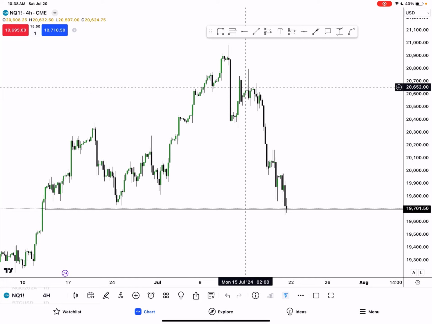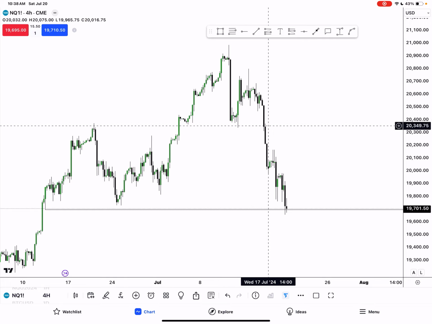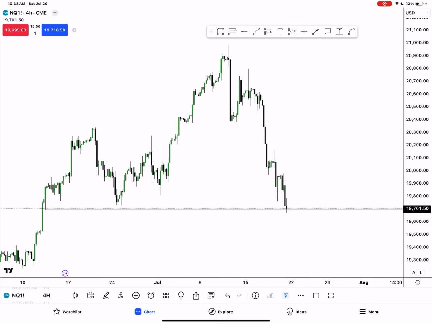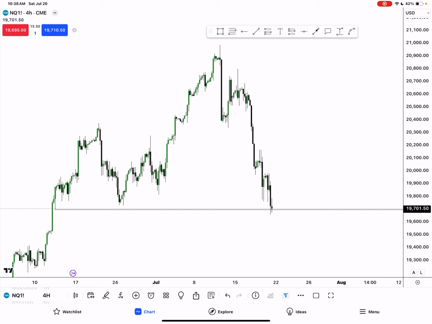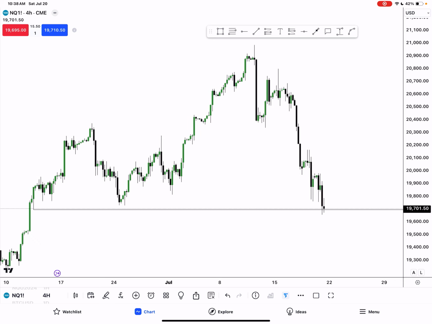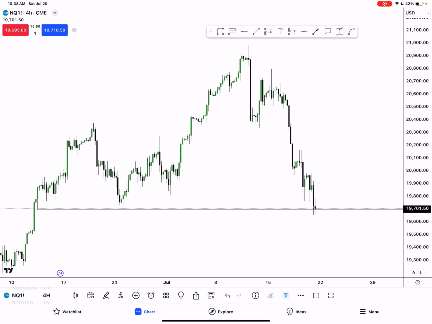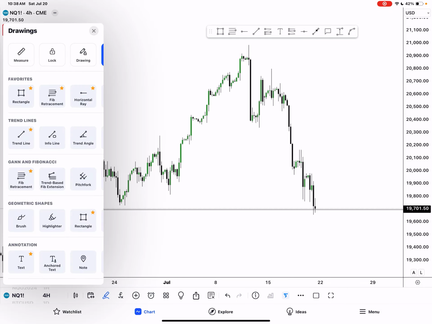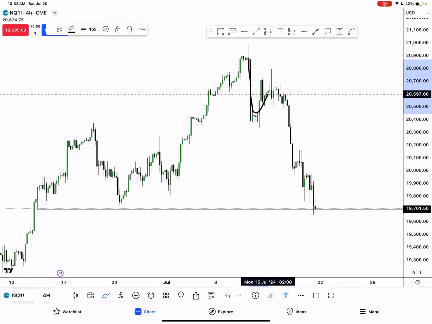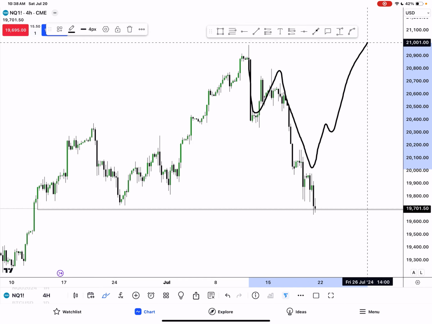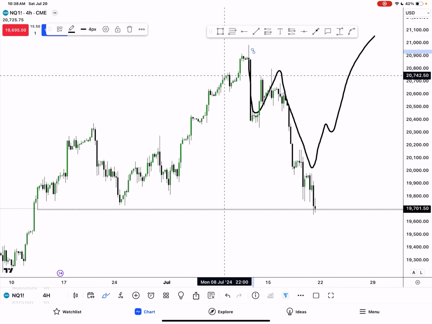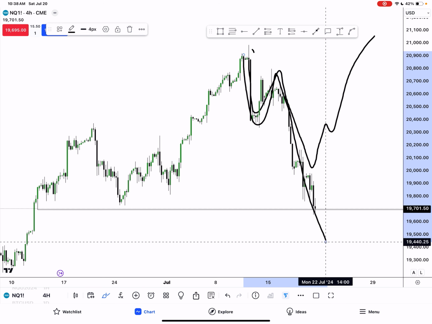Ultimately, what I did was I took a trade off of here and then caught continuations throughout the week. But as we can see, the bearish analysis, or the bearish prediction from the outlook, played out. It just didn't play out fully, in that I was actually looking for something along the lines of this. Rather, price actually decided to go here. And now, based off of that,